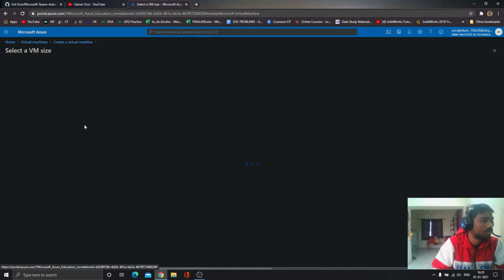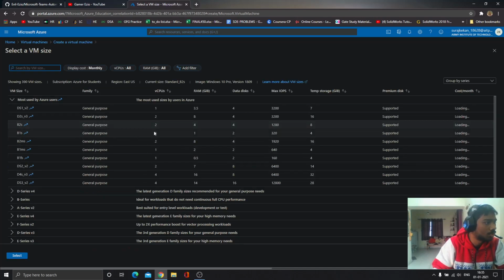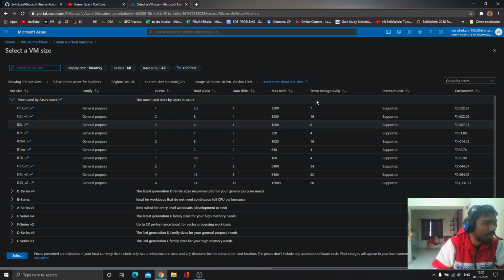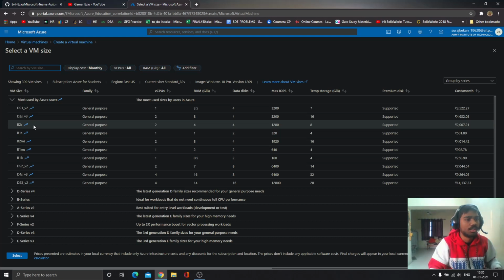Click on show all VMs, and here you can see you have to minimize the cost as much as possible, because you are having only $100 and you have to manage this and use that $100 as long as you can.